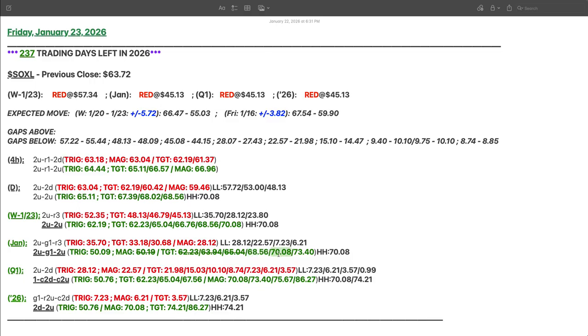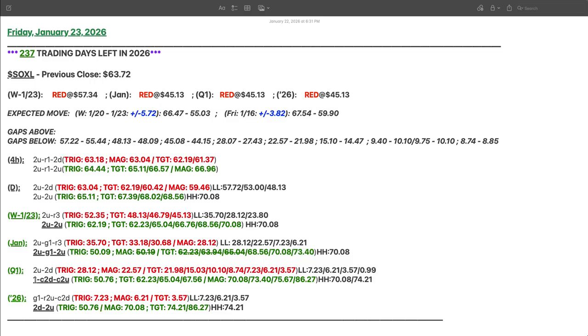And then once we get past the 70.08, we're looking at 73.40 as being the next target from a monthly perspective. Again, we talked about that in yesterday's video. We'll dig in a little bit more this weekend and talk about our extended targets in blue sky territory above all-time highs for SOXL. But for right now, 73.40 is where we're looking for